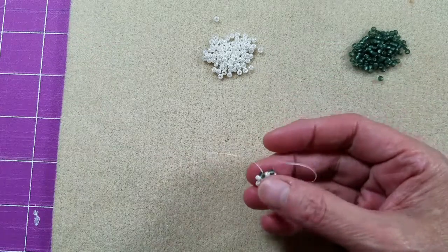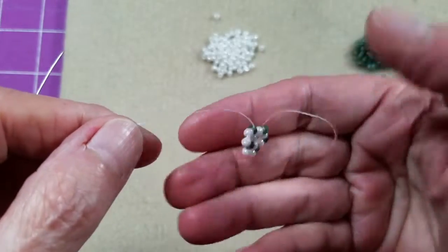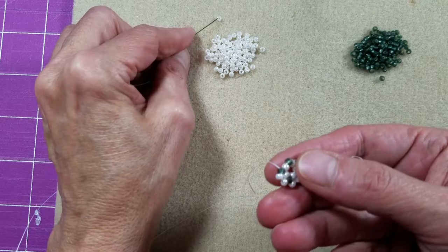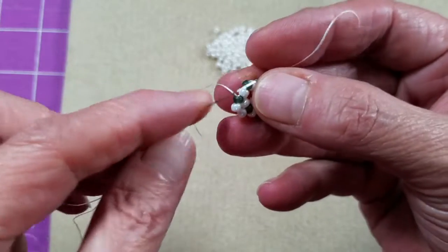I'm getting a little bit of glare, so let me see if I can adjust my lights a little bit to where you can see better. There we go. So I'm coming out of the next green bead, so I've got to pick up 2 of my pearl beads, go through my next sticking out green,